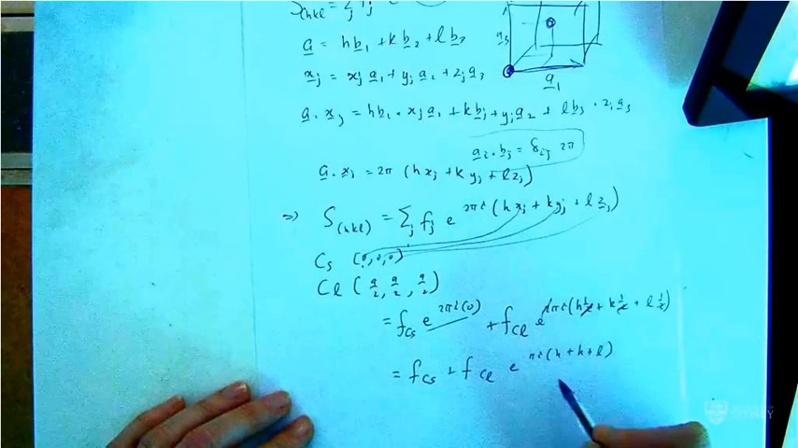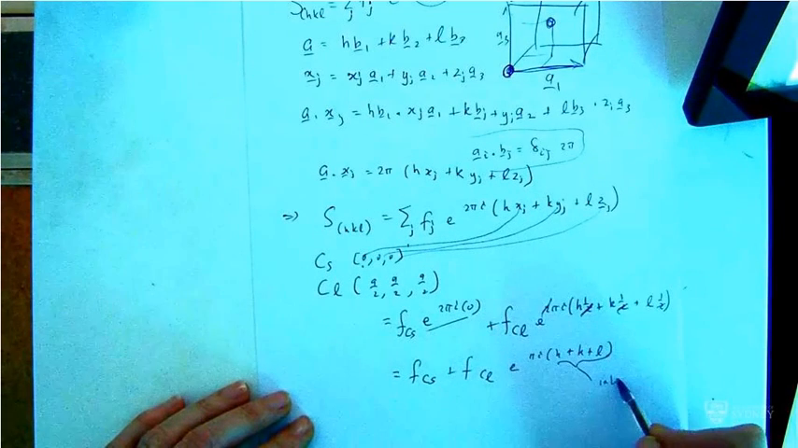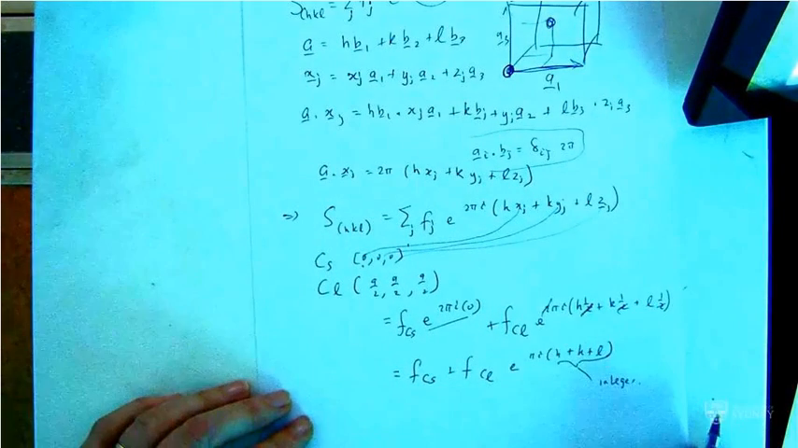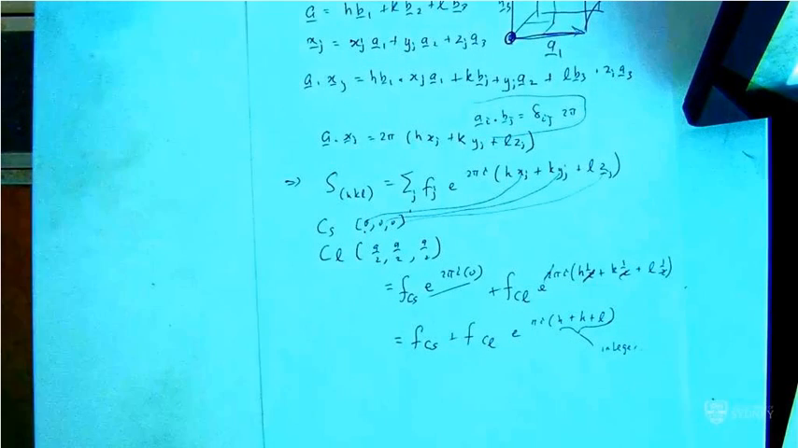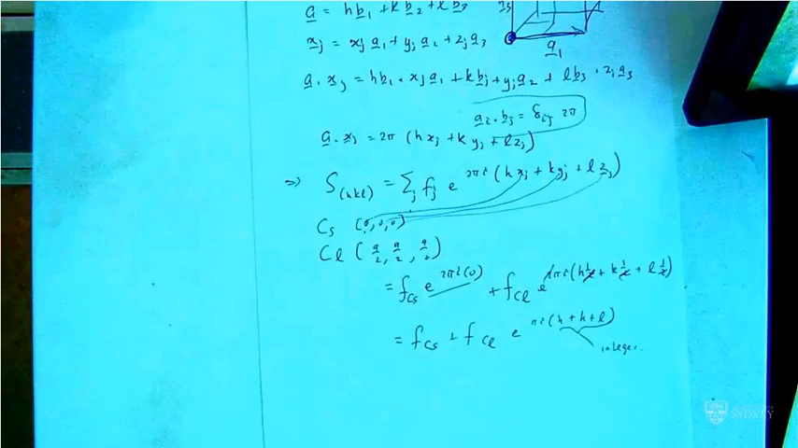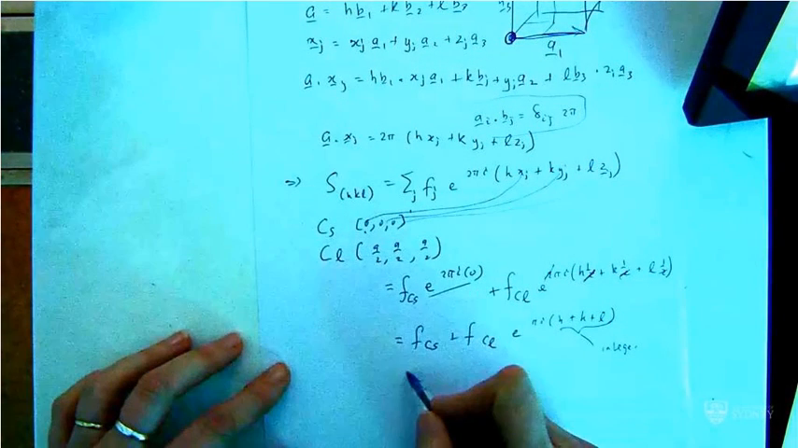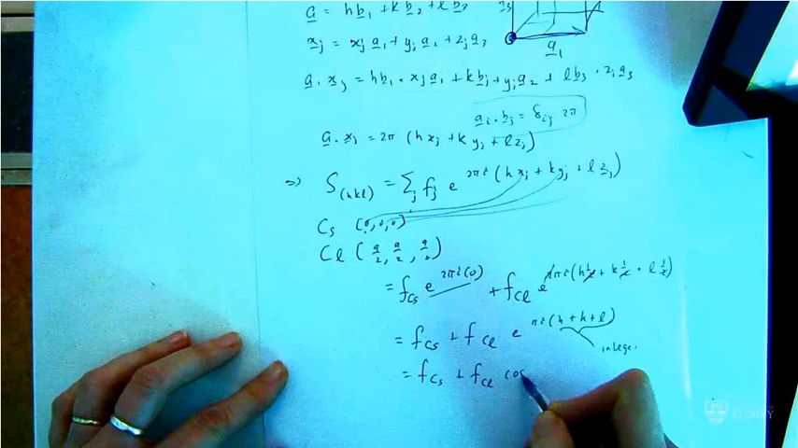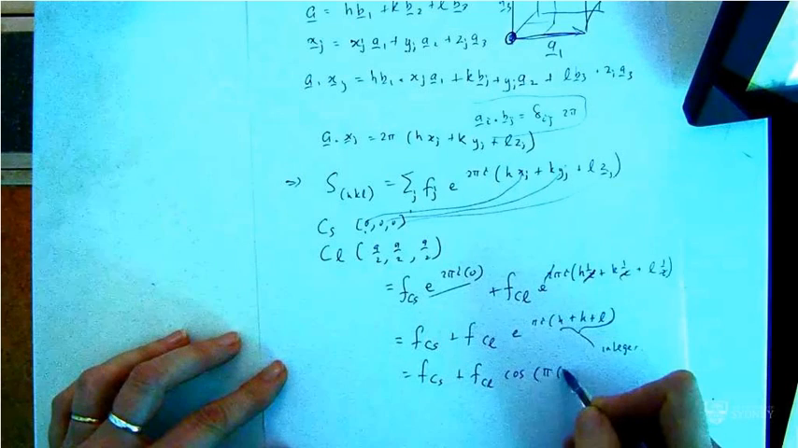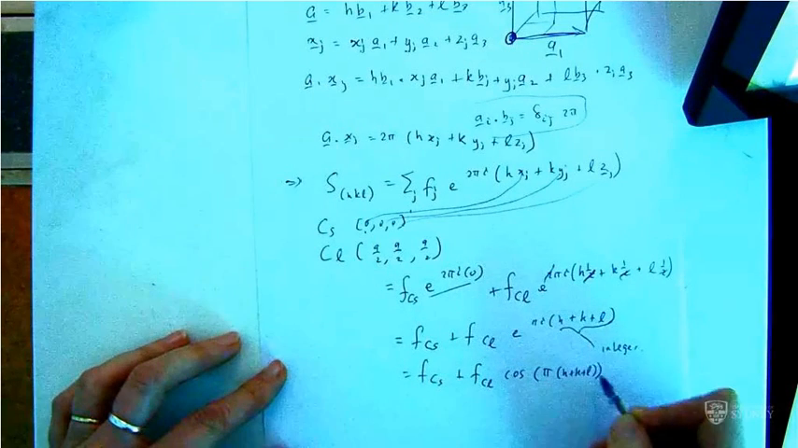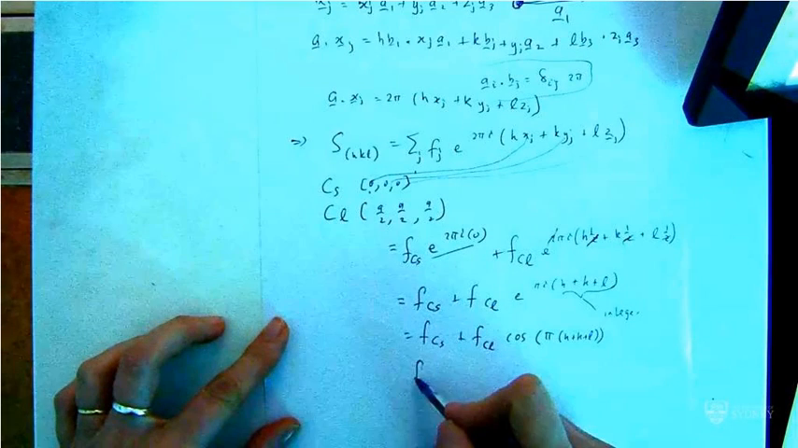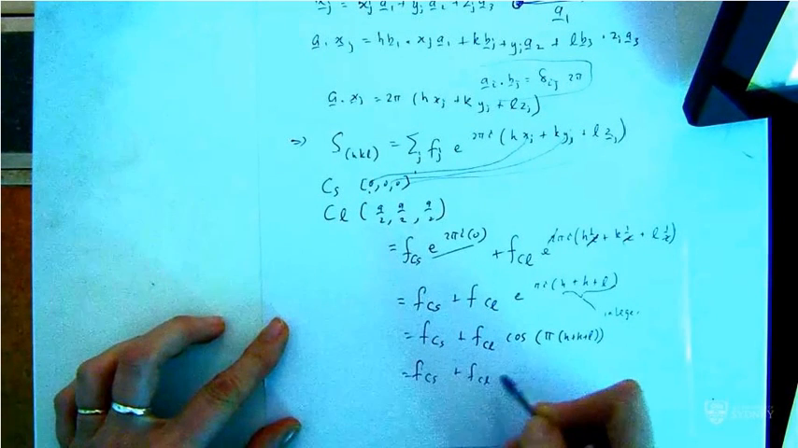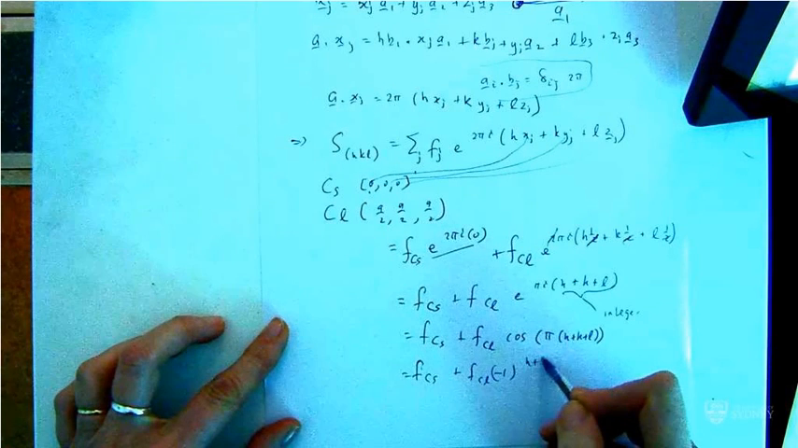And these will be an integer, okay? So whenever you have e to the i pi n, the sines will all drop out. So we'll just be left with F of chlorine cosine of pi (h plus k plus l), which you can write as minus 1 to the power h plus k plus l. Okay,